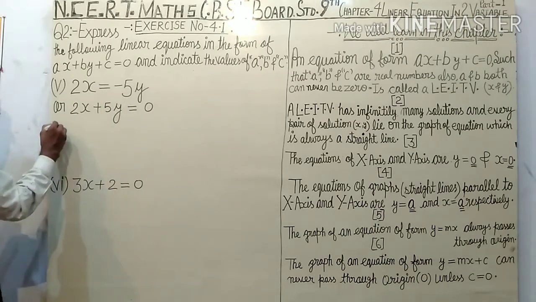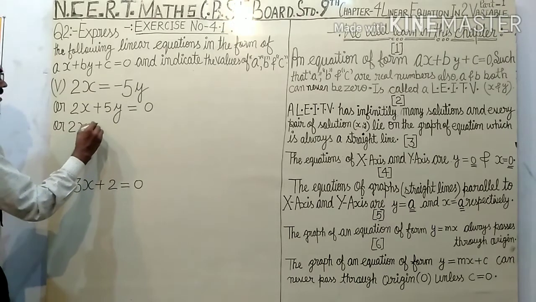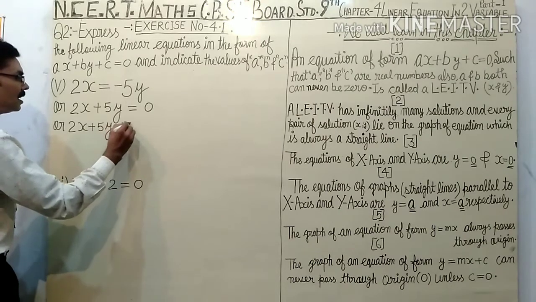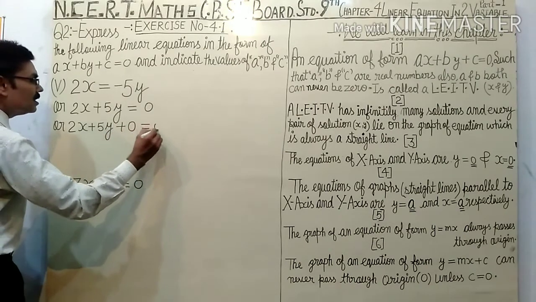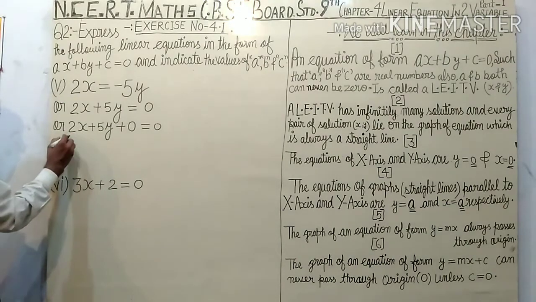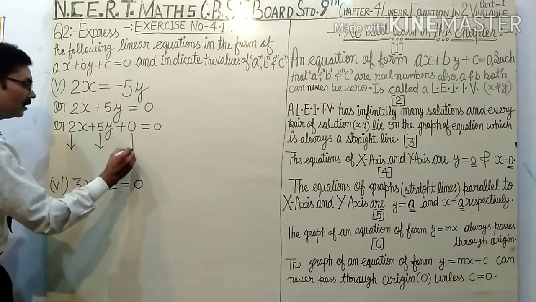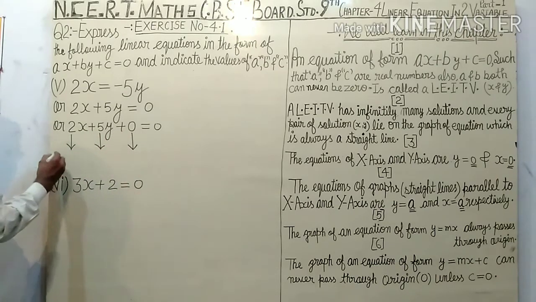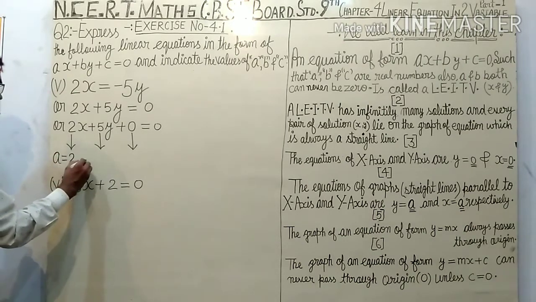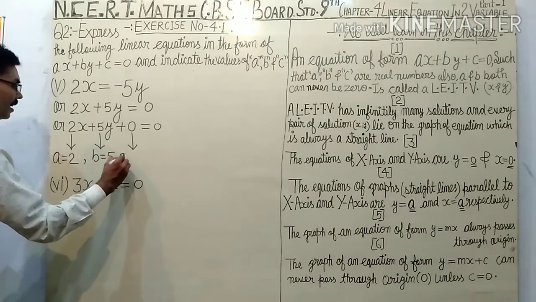So you may write it 2x plus 5y plus 0 equals 0. Now you may compare the values of a, b and c. Here you will get a equal to 2, b equal to 5 and